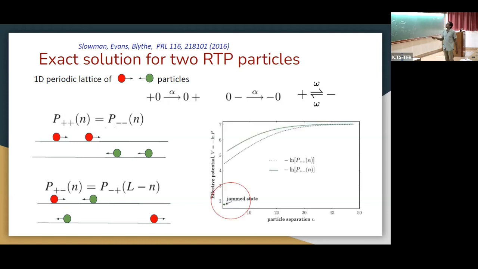And you can get what exactly there are two probabilities, P plus plus n and P plus minus n, which means that there is a blue particle and there is a red particle and the distance is n. What is the probability? That's what you look for. And what we find is that they differ, and there is a discontinuity here. So which means that there is an effective attractive interaction between the particles, the active particles. So this was not said explicitly, but probably the reason for having a phase separation is this effective attractive interaction which is being created by two particles, and this is the exact solution.